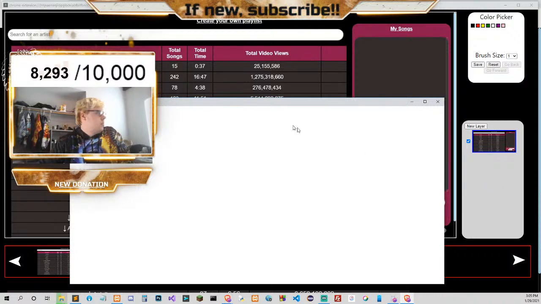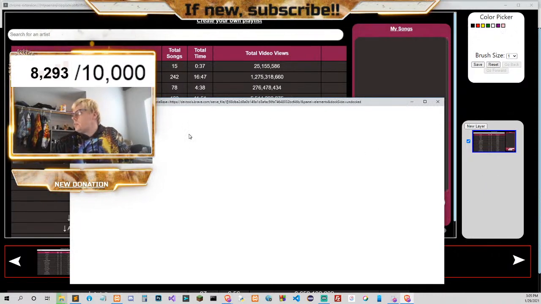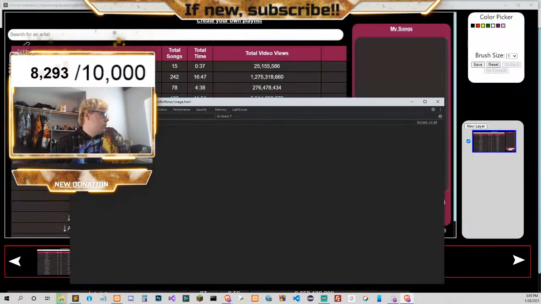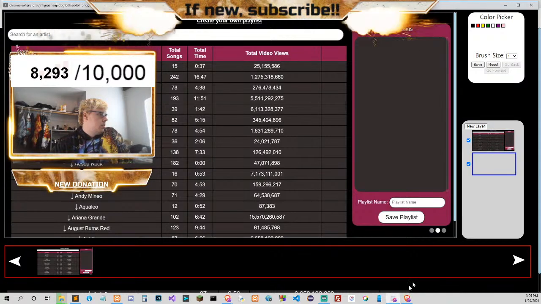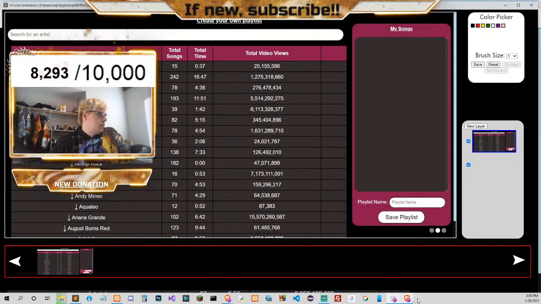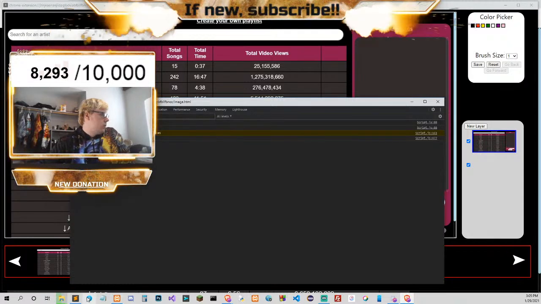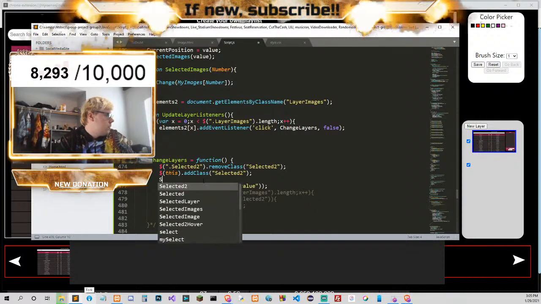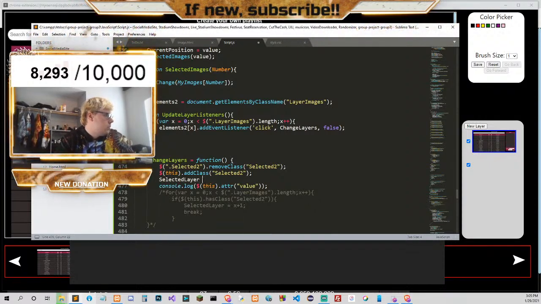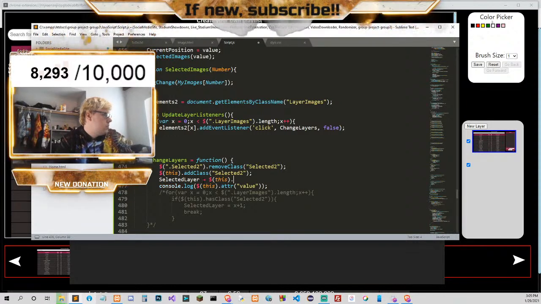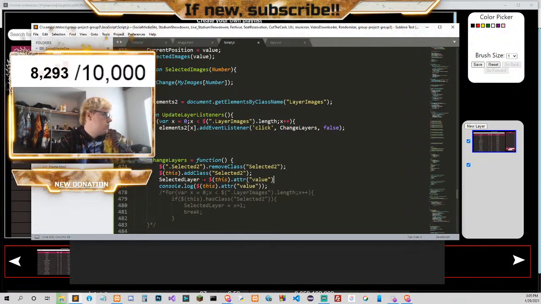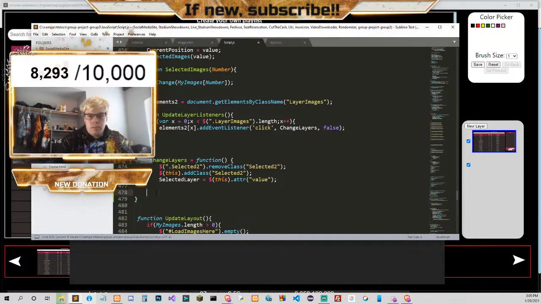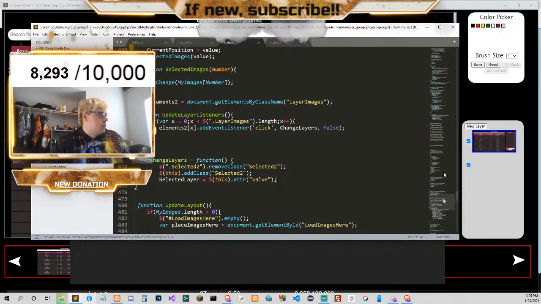Let me go to here. And let's see what it can do here. So we go to console. New layer. If I select this, we get 477, which is right here. So we could literally just do this. Selected layer equals. We could just do this. That way it's a lot easier for us to update which layer we're on.